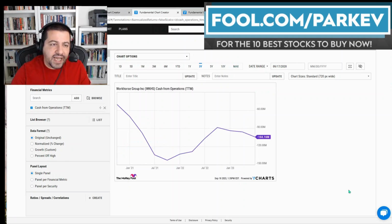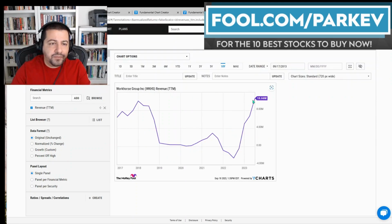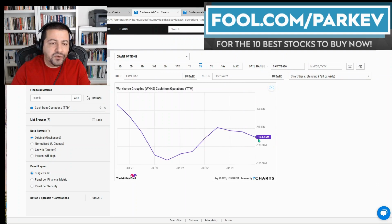And so I wanted to look at cash flow from operations. How much cash is the company going through every quarter as it works to build up scale and build up the business before it can really be on a self-sustaining level? And looking at this metric, the company had negative 104 million in cash flow from operations, which is troubling to be sure. If you compare with revenue of just 10.66 million, the company went through almost 10 times as much as it brought in revenue. So the ratio is significantly against the company in terms of cash flow from operations,